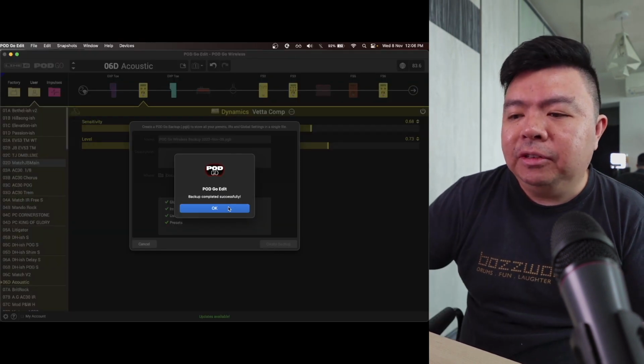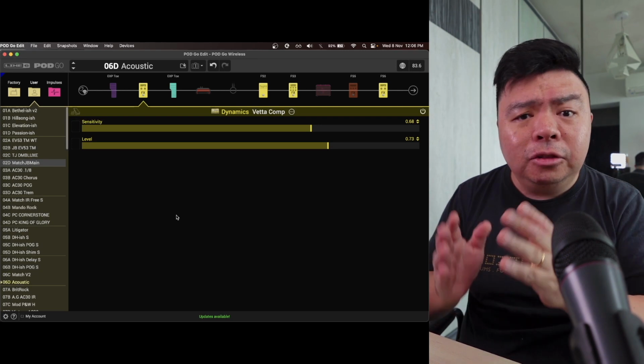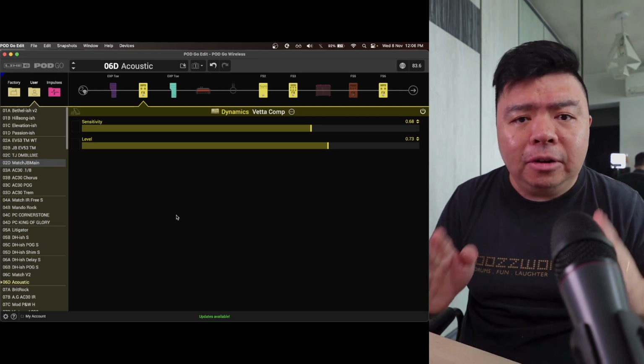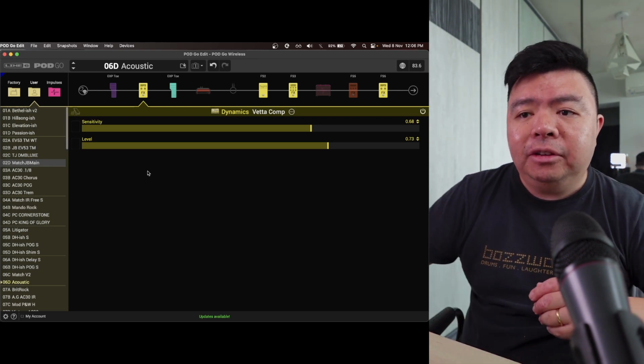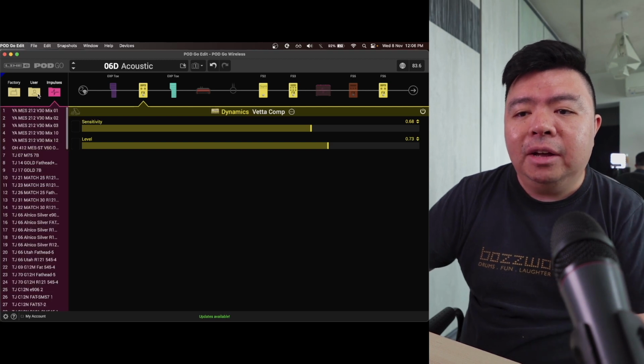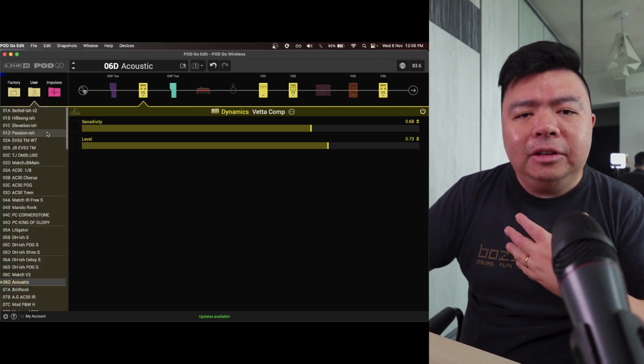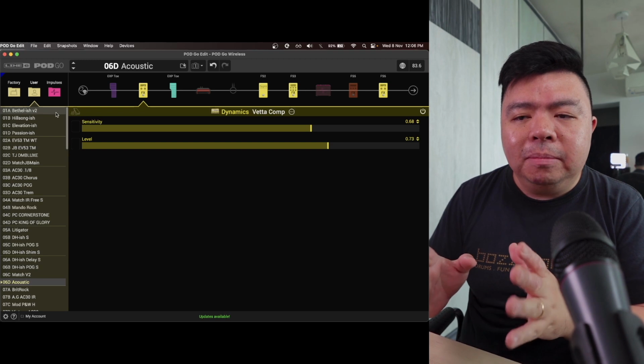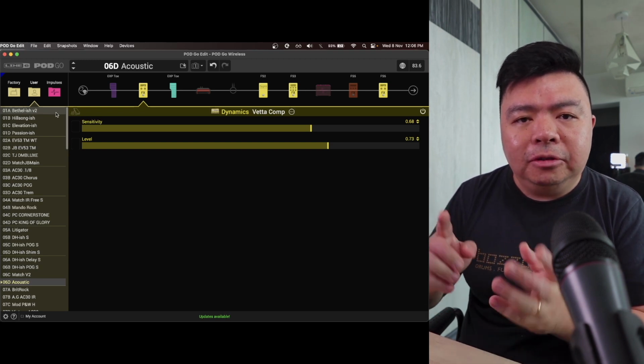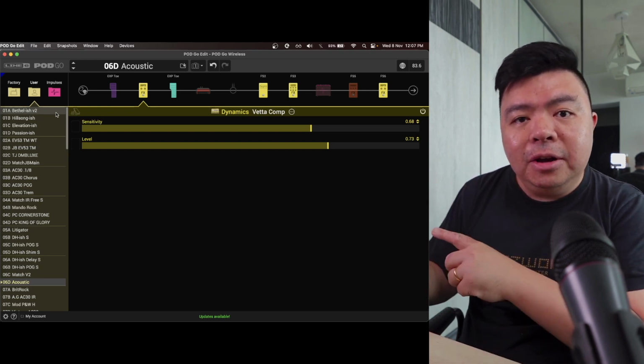Backup completed successfully. Let's click OK. Now this is one way to do it. You have your complete duplicate of the presets as well as your impulse responses that you have here. Now, I like to do things a little bit differently. I like to manually copy and paste the presets and the impulse responses into separate folders outside of PodGo Edit